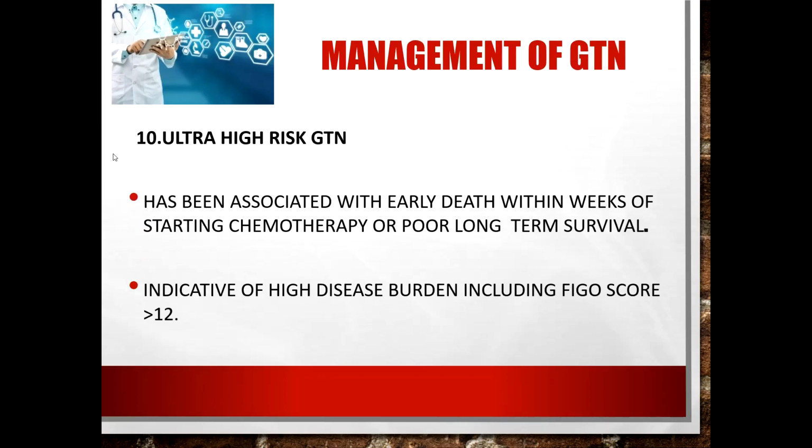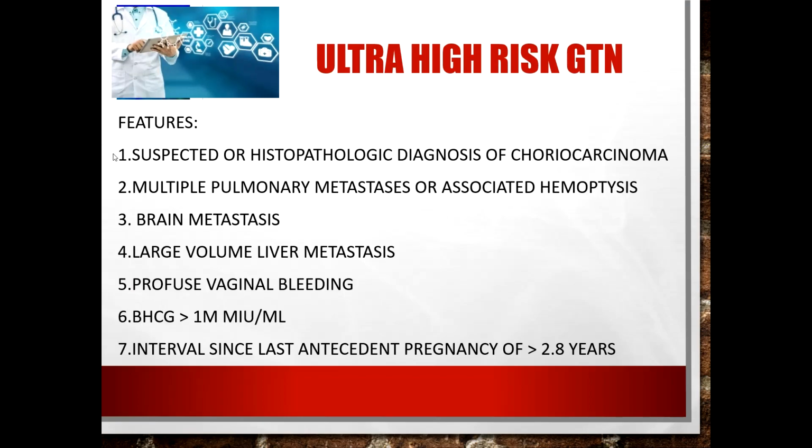So ultra-high-risk GTN has been identified as any presentation of GTN that might be associated with early death within weeks of starting chemotherapy or poor long-term survival. Features of ultra-high-risk GTN are indicative of high disease burden, including a FIGO prognostic score of more than 12. It is also associated with a higher frequency of resistance to methotrexate and etoposide. It may include the following features: